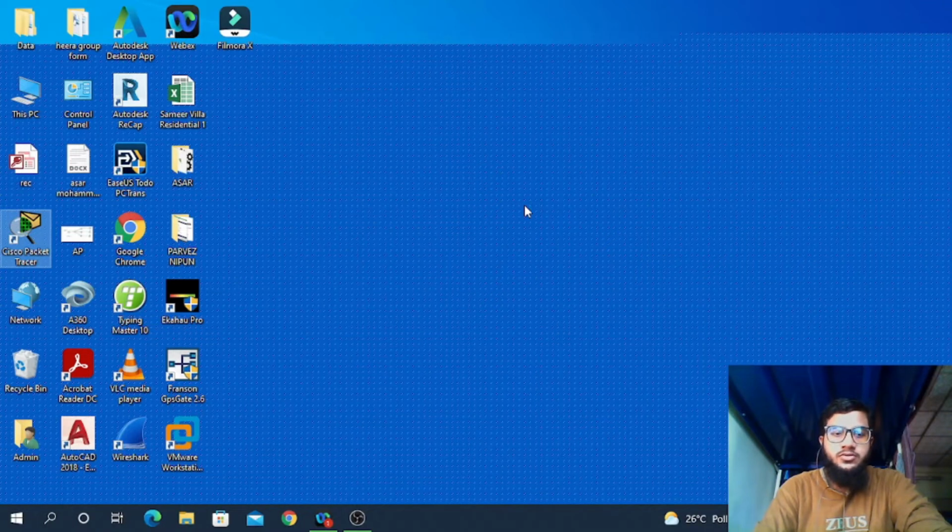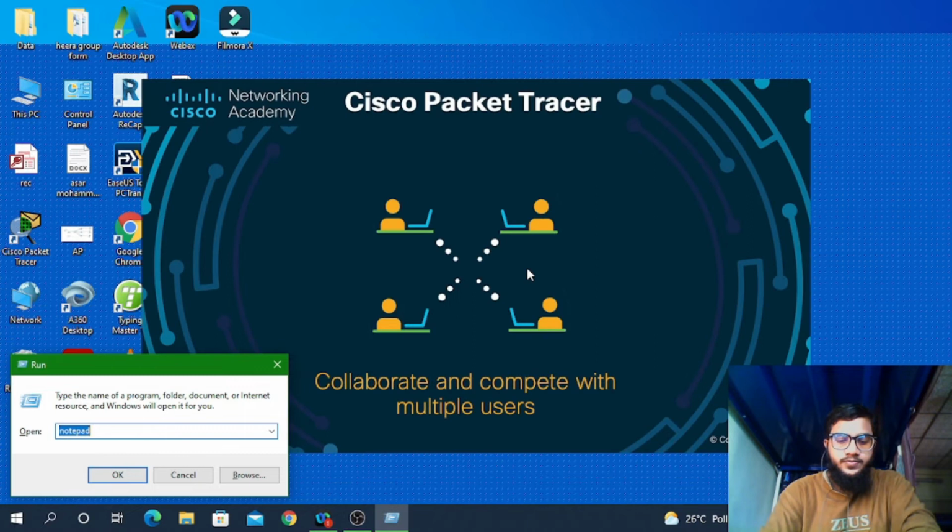Before going to see how to configure a DHCP server, we should first understand what a DHCP server actually is. So DHCP, like I'm showing you in Paint here.